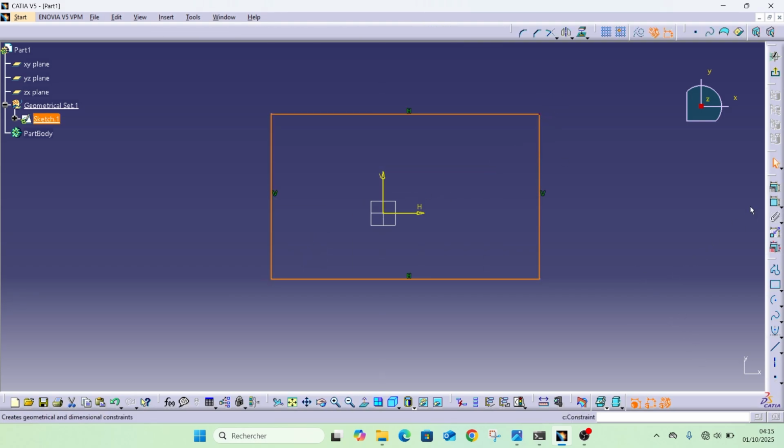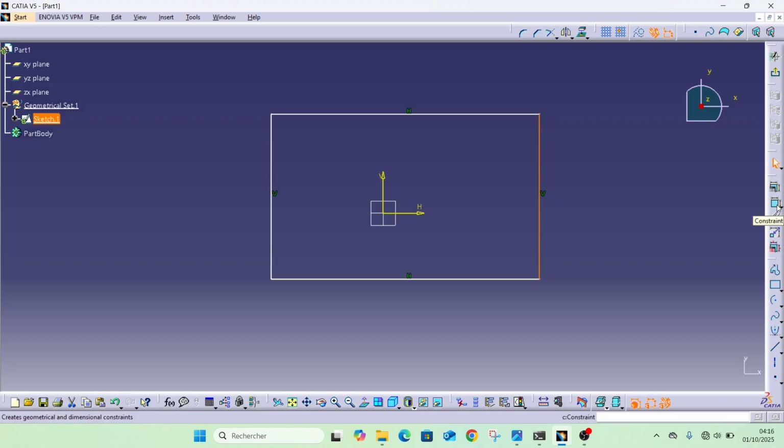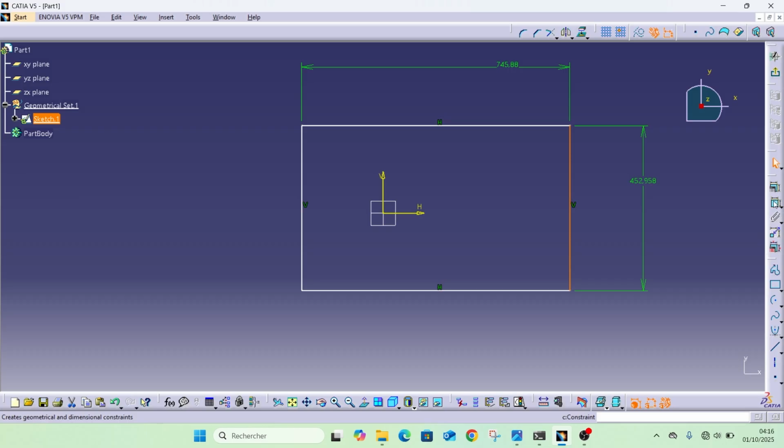And to constrain and give dimensions to this rectangle, we can use the constraint define this constraint. We can give its distances, but as you can see, we can move it in this. So to constrain all this